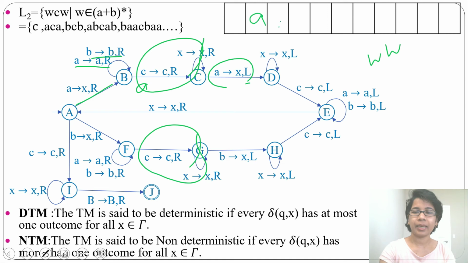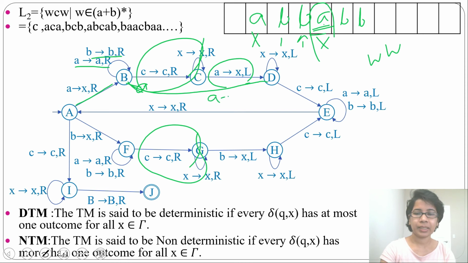Like there is A, B, B, then A, B, B. Now for this A, it will change to X and it will move right. Then for B, simply it will move right. Now this A will change to X and it will move left. So you need to identify that this is the middle point. After that I need to change X. From state B there will be transition to D. If it will see A will be X and it will move left.